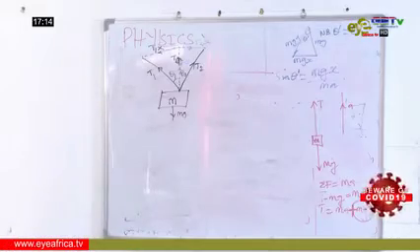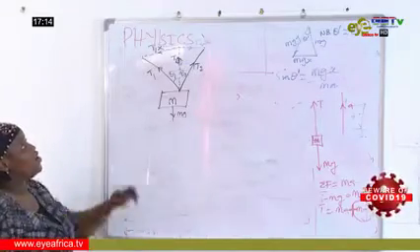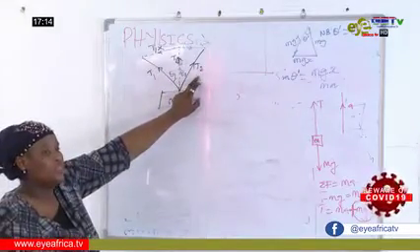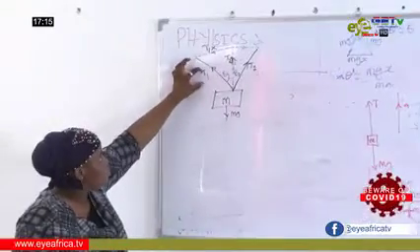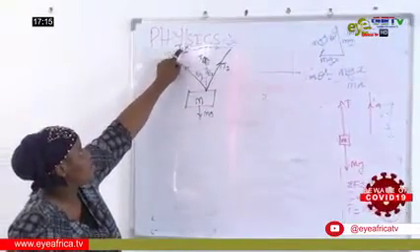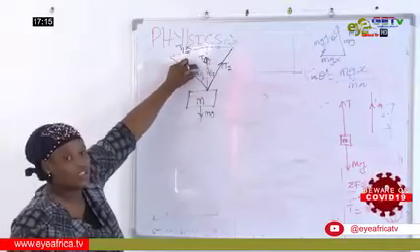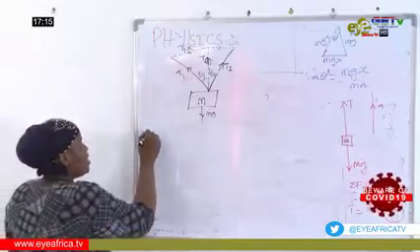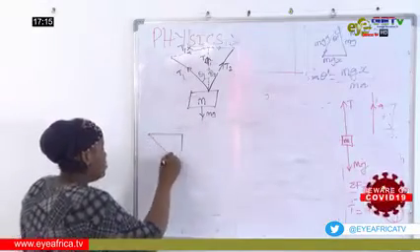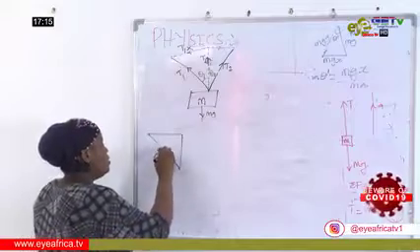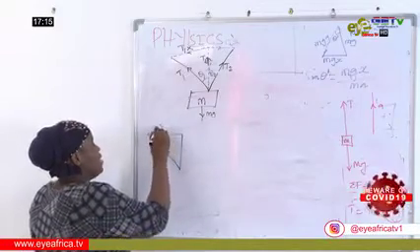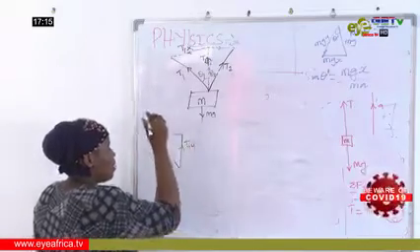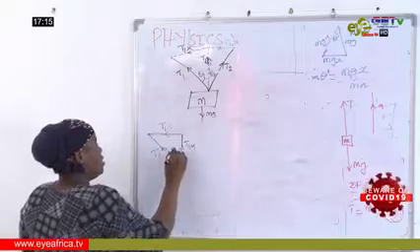The first thing you do is to resolve T1 of X and Y. Also, you do the same thing for T2. Or in simple language, we resolve the tension 1 into its components, that is T1 of X and T1 of Y, since the angle is known. We do the same thing for T2. Now, in resolving these forces, you need to extract each triangle and deal with them separately. This is T1. The direction matters. This is T1 of X, and this is T1 of Y. And that's the angle theta. Here is just a right angle triangle.